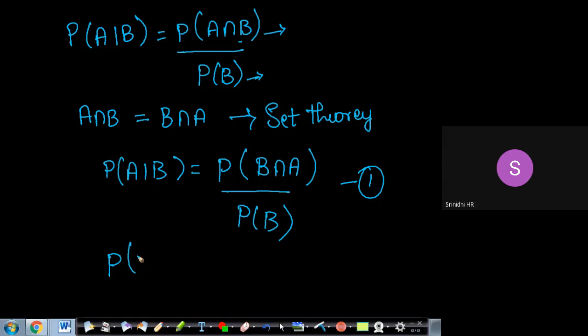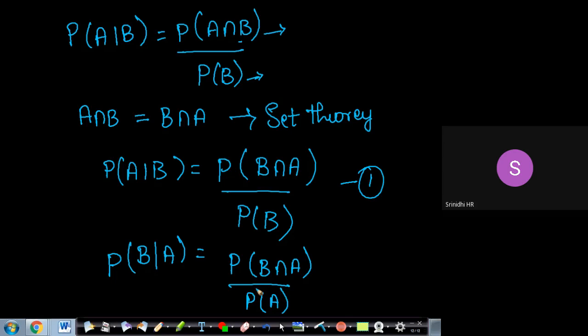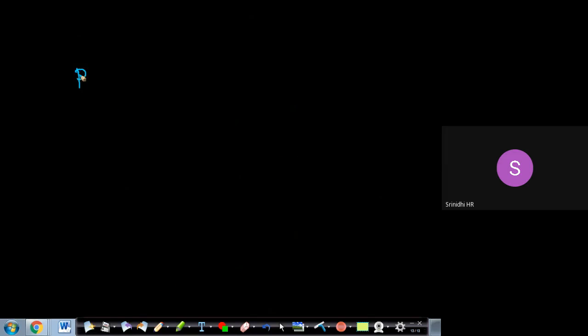Now let's consider the probability of B given A. What is B given A? It is probability of B intersection A divided by probability of A. Can I write it like this? Is it correct? Yes, sir. This is equation 2. Now you just cross multiply this. What you will get is probability of A